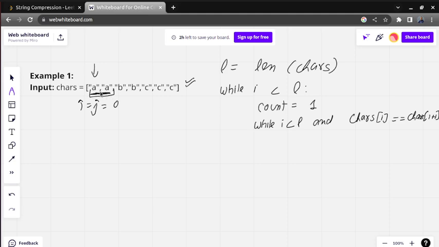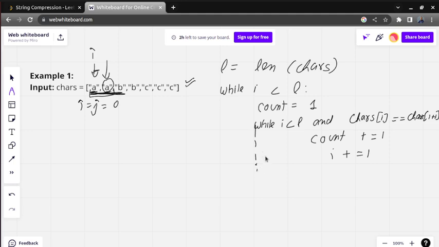Suppose these two elements are equal, so first of all we are going to increase our count by 1, and we will also increase i by 1. Initially i was at the first location, now i will come to the second location. Now again it will check whether the characters are equal or not. Here the characters are not equal, a and b, so it will come out of this while loop.